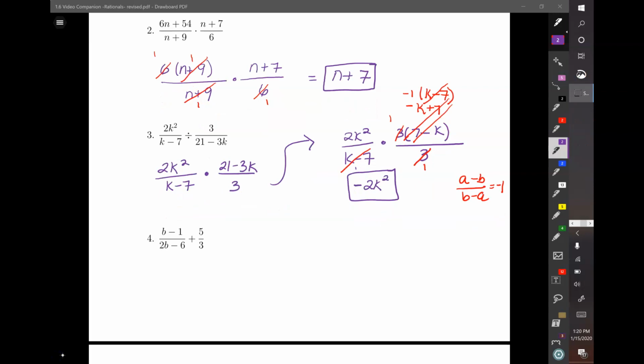Okay, problem number 4, or example 4: (b - 1) divided by (2b - 6), and then